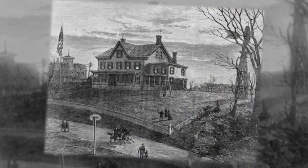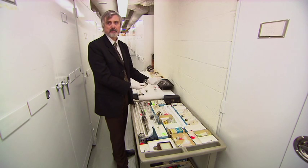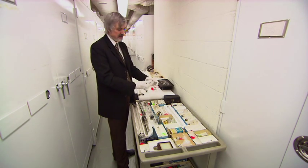He lit the lab, the office building, Sarah Jordan's boarding house across the street with about 100 of these light bulbs. Edison won in the marketplace. And so his light bulb base still is what we work with today. That's the whole